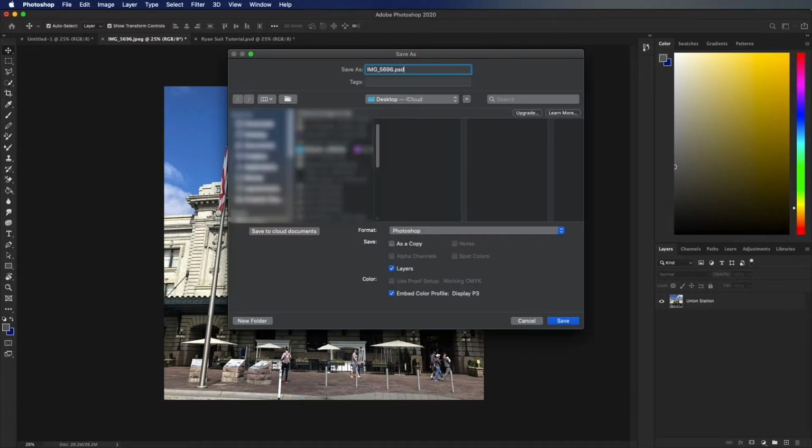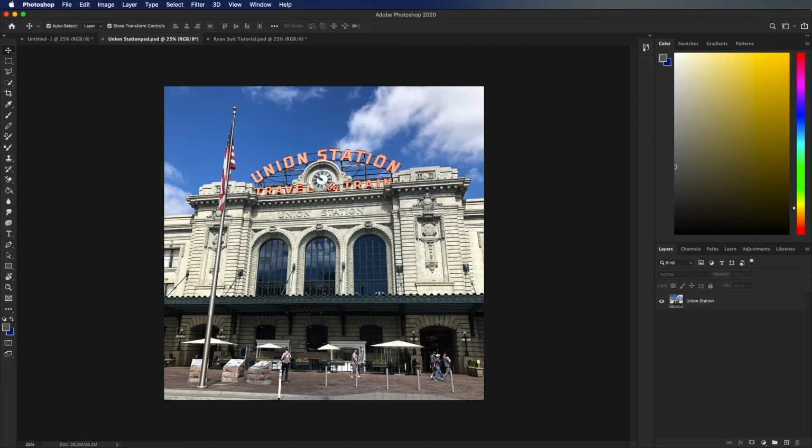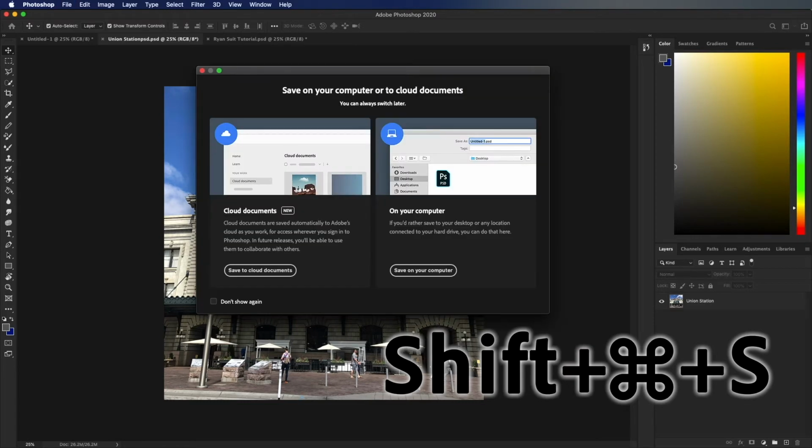So I'm just going to title this one Union Station. And let's hypothetically say I'd like to save this document as something different. So I can also go Shift Cmd S for save as, and you will be basically saving it as a